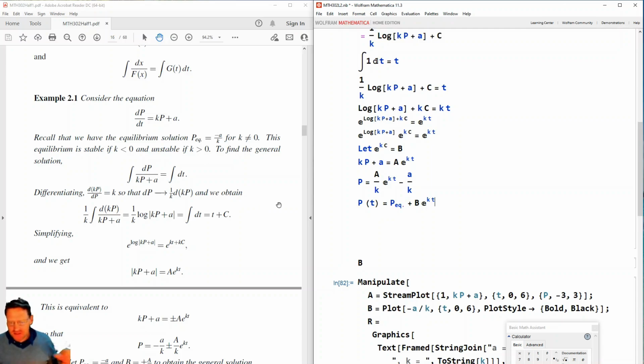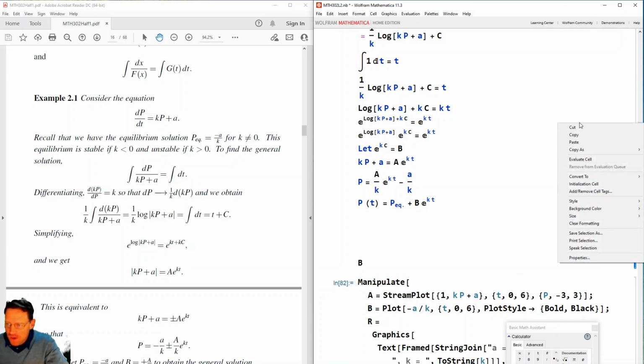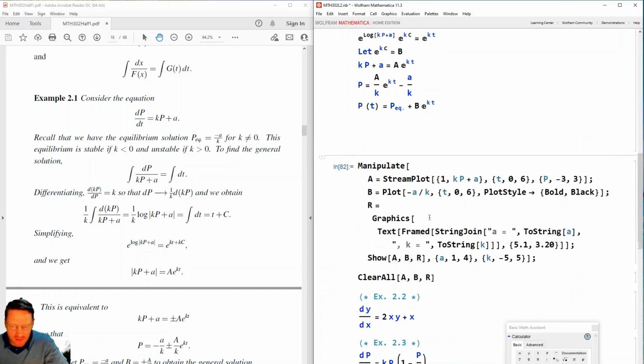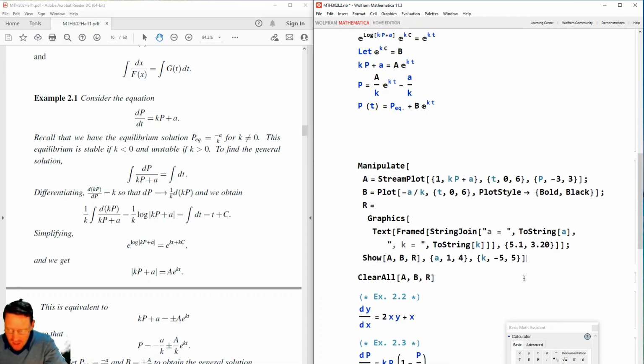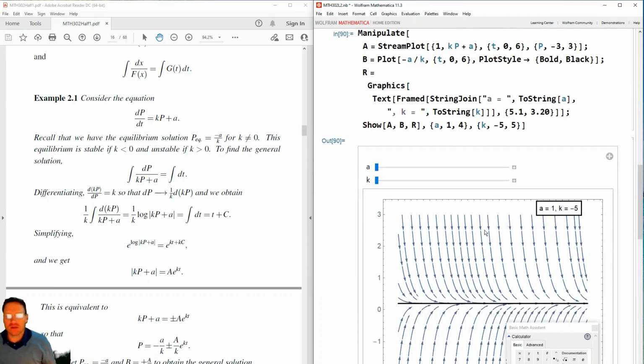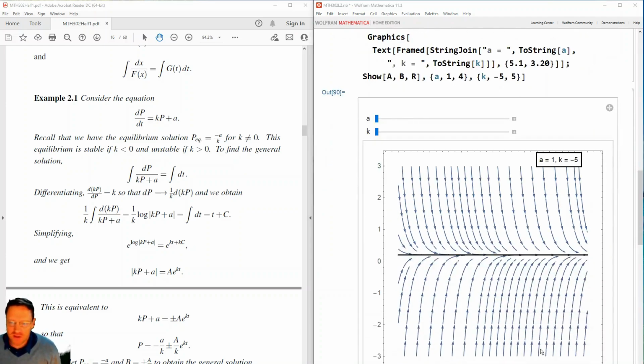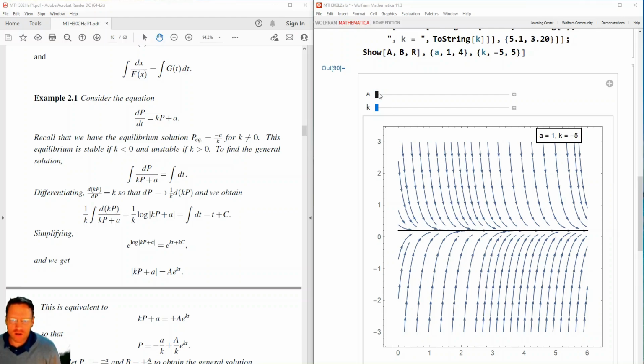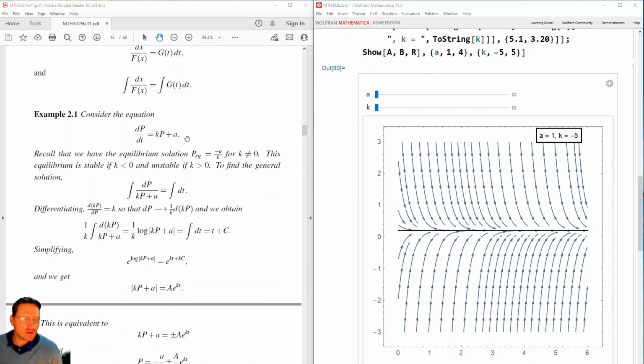Now, what I want to do at the same time is show you what this looks like when you change the values of K and a. So just run this little diagram here. Okay, so now I'm going to change this constant lowercase a here. Right, now what you see here to start off with is when a is equal to 1 and k is